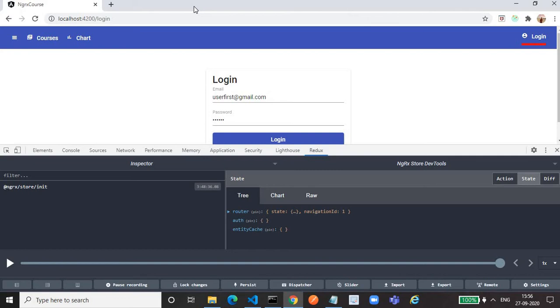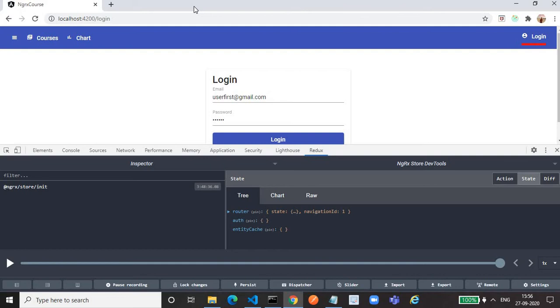There is no need of action, reducer, effect, or selectors. Just one line of code and it will do everything. It will call the API and populate or update the store. We'll see how to do that.